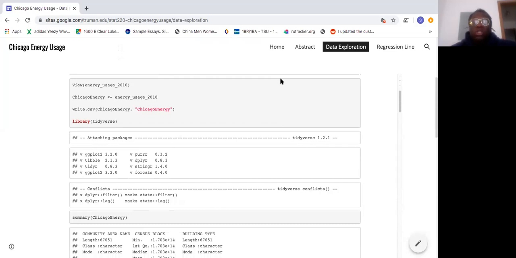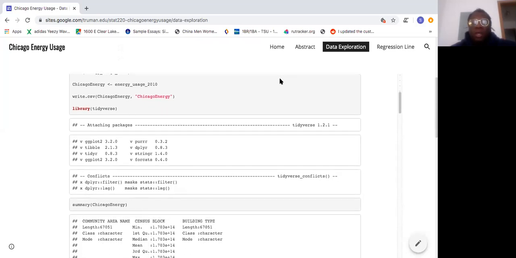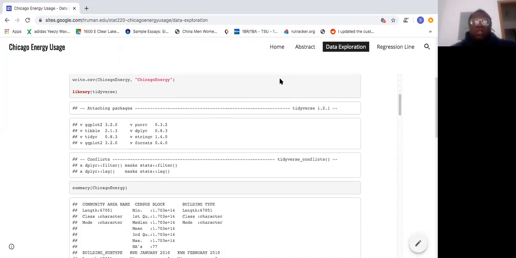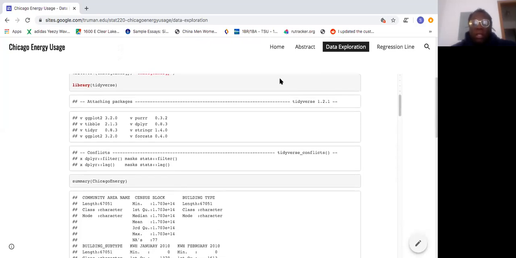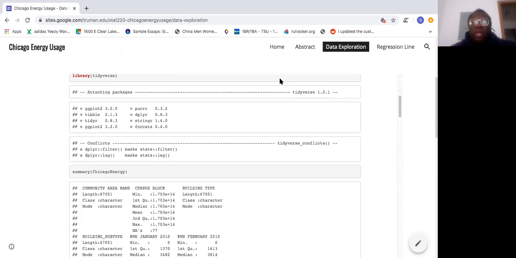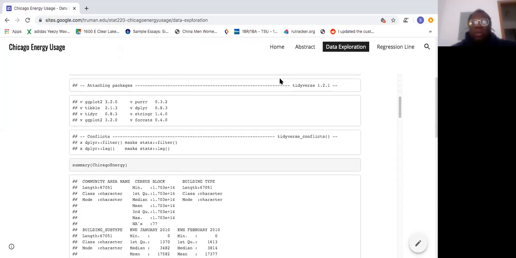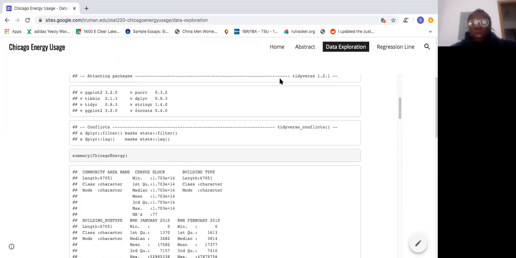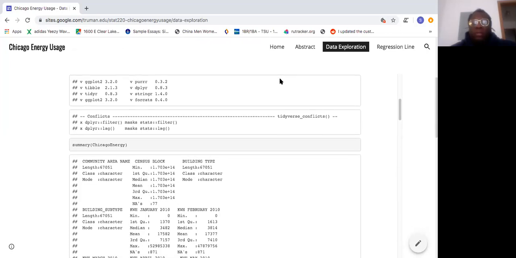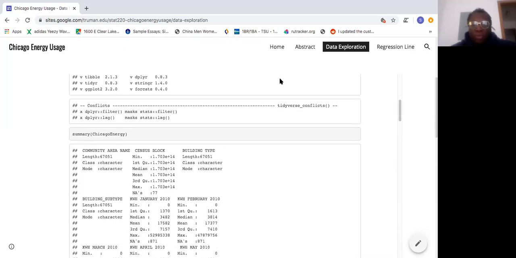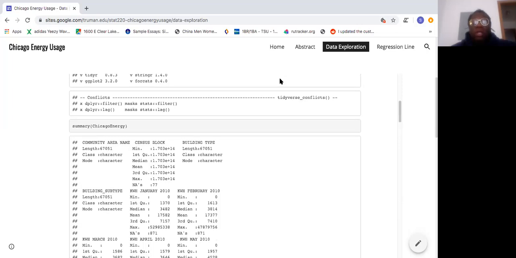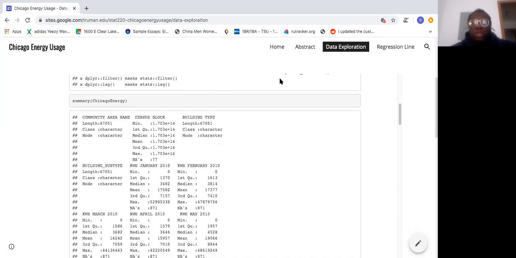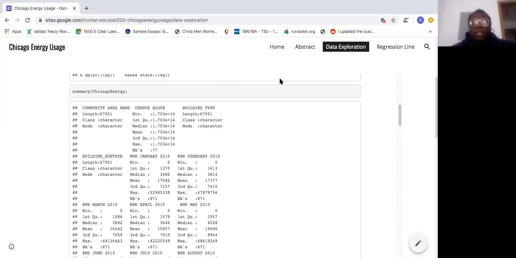We used ggplot to decipher the data in order to get the information we needed to further do the analysis. We come up with community areas that give us census blocks. We have building types. It goes from January of that year through December, which is when the information was collected